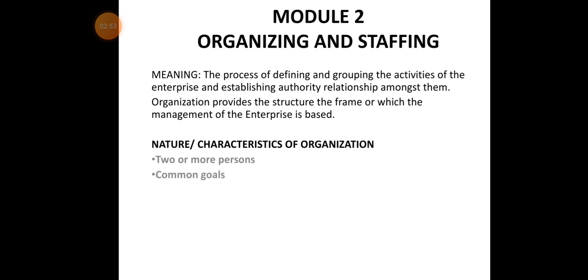Next is common goal. The main intention of an organization is to work for a single goal. Not only colleges, but schools, any bank or any trust, a temple trust, will have it. Everybody is working to achieve a single goal, that is the common goal. Next is cooperative effort. There should be the best cooperation between the employees, and the best understanding between the employees. Then only can we achieve our goal in a proper way.